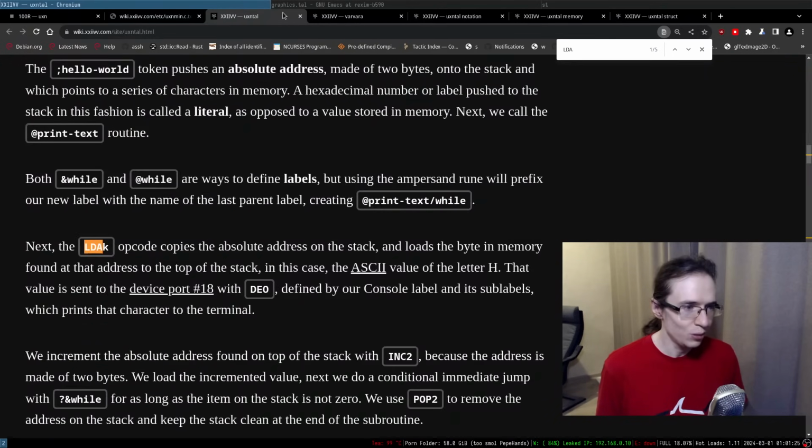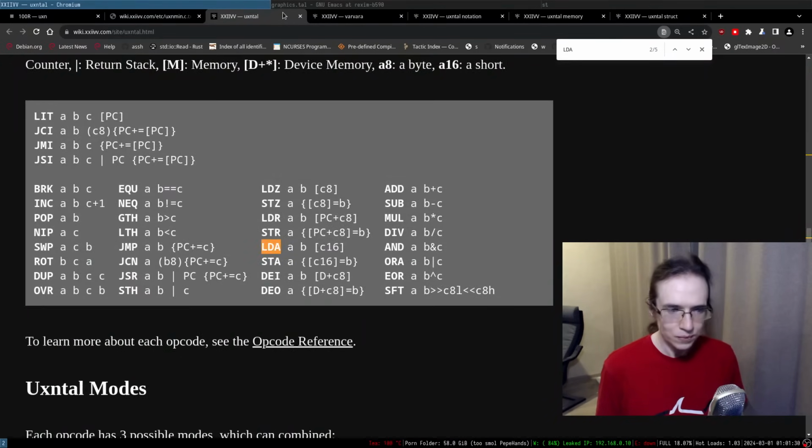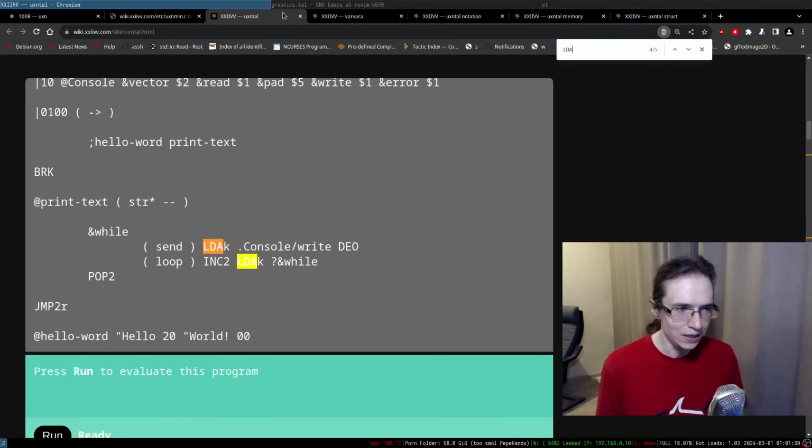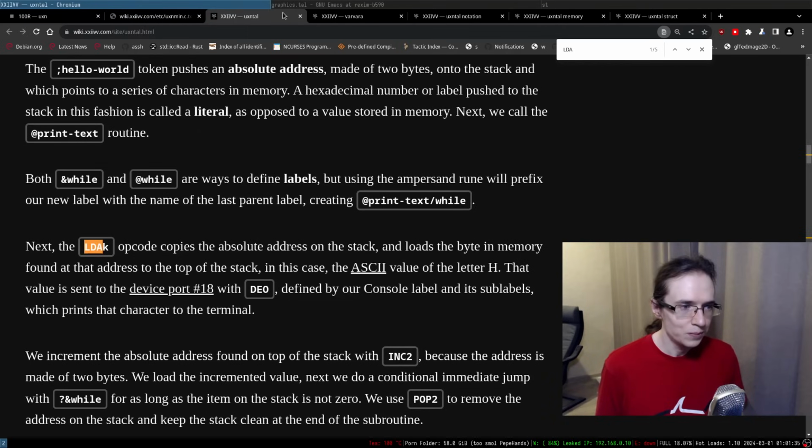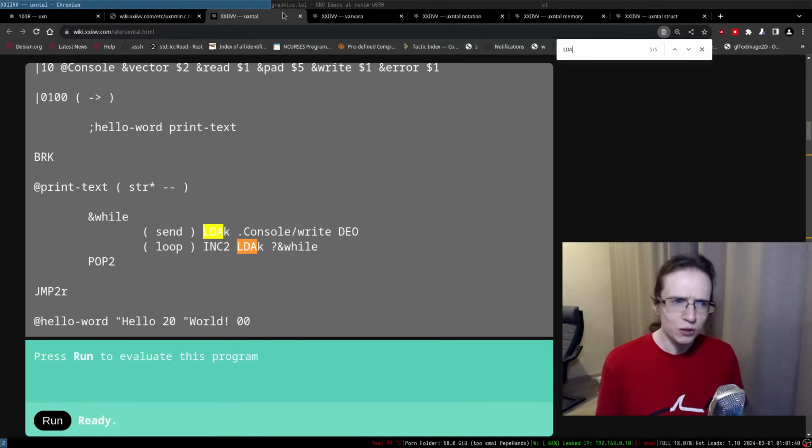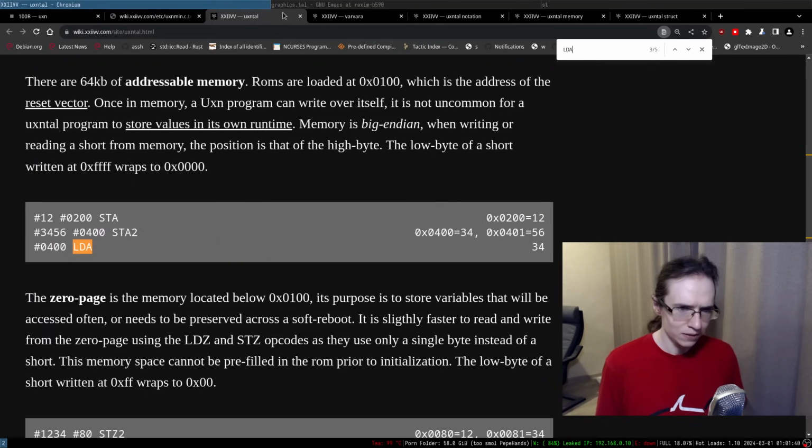And what's the difference between LDA and LDAK? Absolute address on the stack loads byte. I have a hypothesis that maybe one is destructive and another one is non-destructive. Yeah, exactly. So LDAK is probably non-destructive, and LDA is destructive.